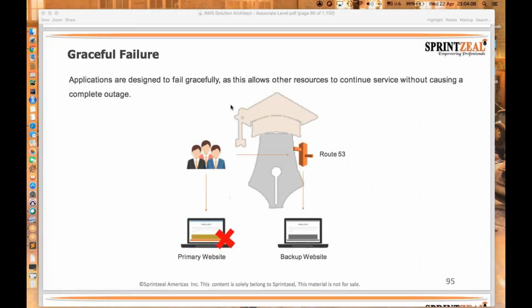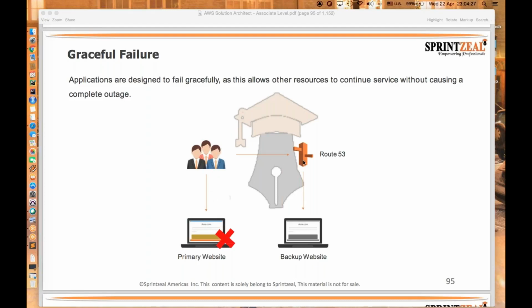And one more feature we see here is graceful failure. When you design applications to fail gracefully, say this is your primary website and this is your backup website, and as a resource you are trying to access your primary website.